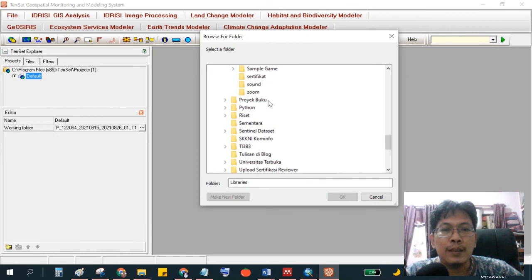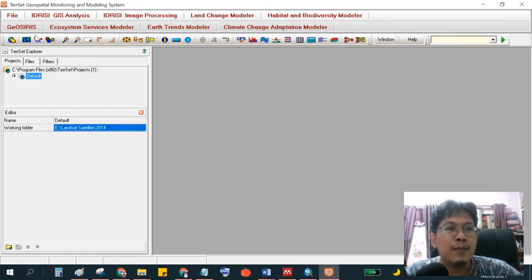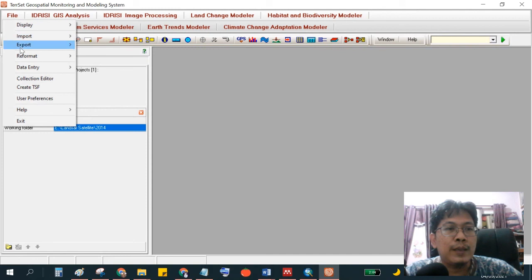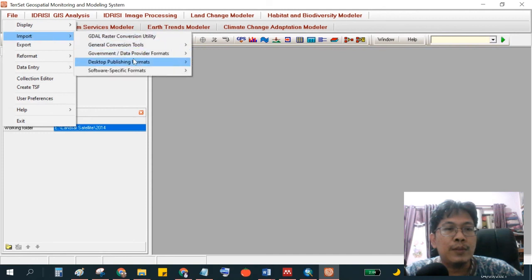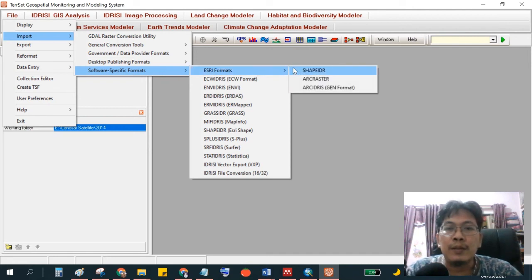Where is the Landsat? Okay, here Landsat, and we choose file import, the software-specific formats, and then we choose the ArcRaster.